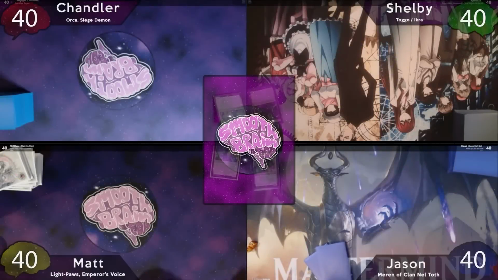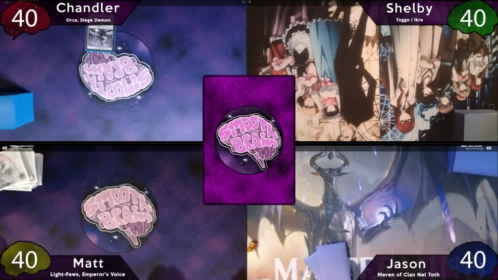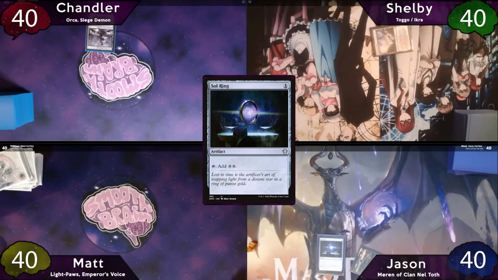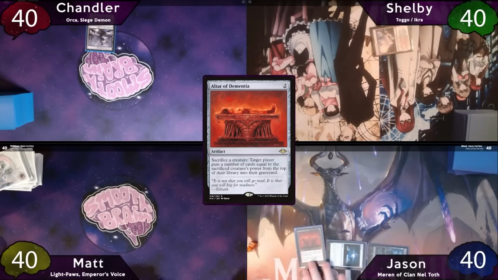It looks like Chandler wins the die roll, and he'll start off with a Snow Swamp, and then he'll pass to Shelby, who starts his turn off with a Highland Forest tapped, and then he'll pass to Jason. Jason will of course play his Swamp, and then he'll tap it to cast Soul Ring, and then he'll tap his Soul Ring to cast Altar of Dementia, for quite the intimidating turn 1, and then he'll pass the turn